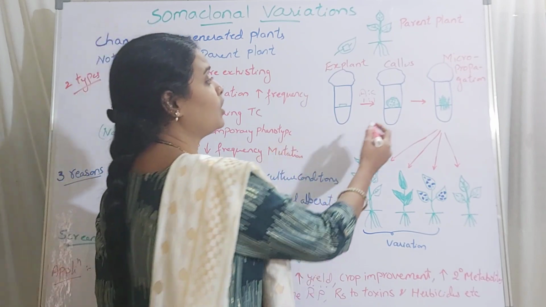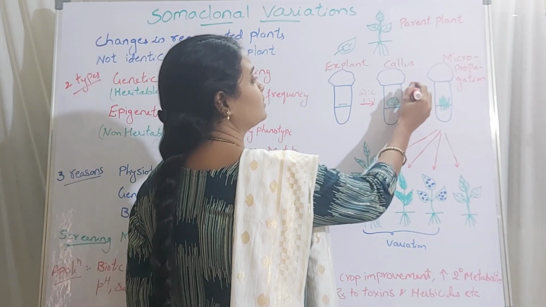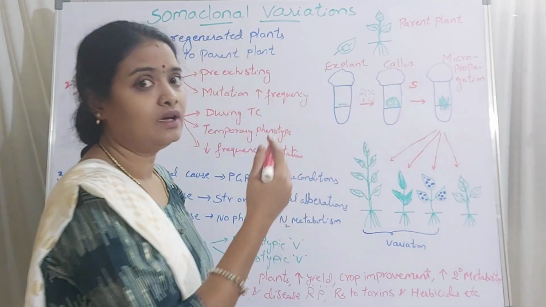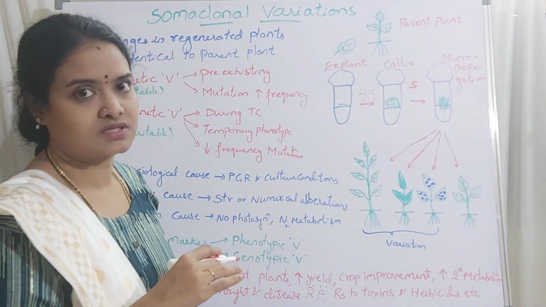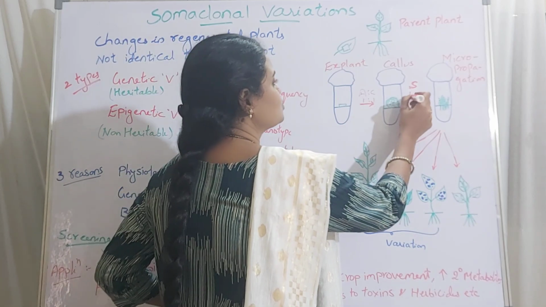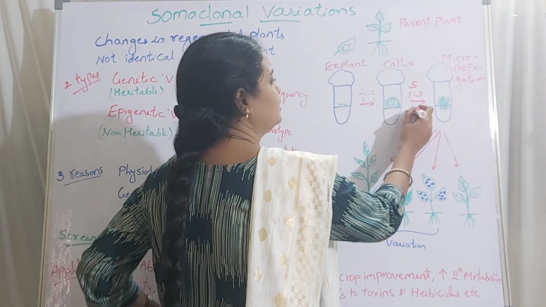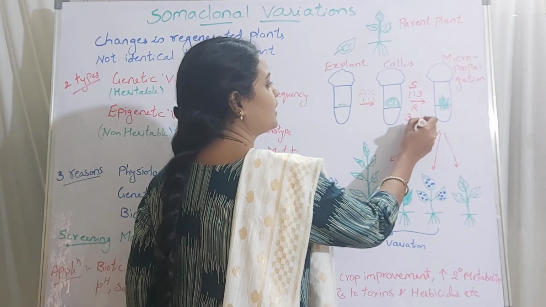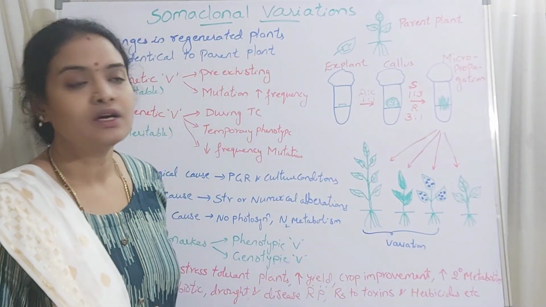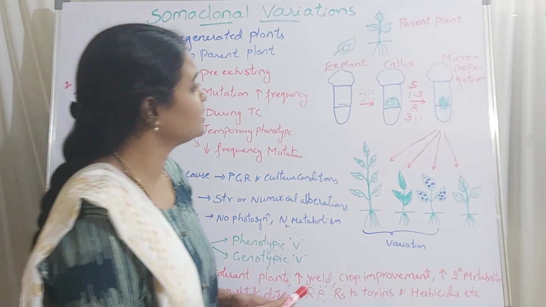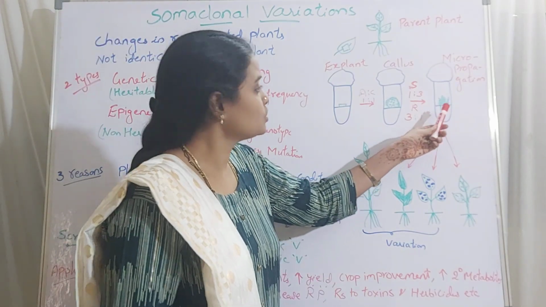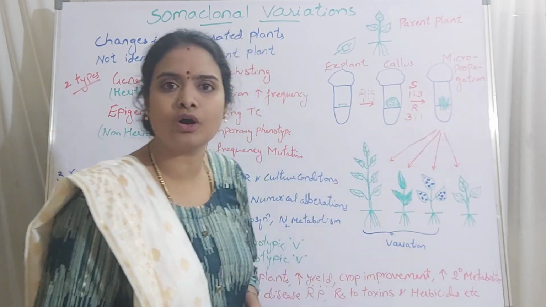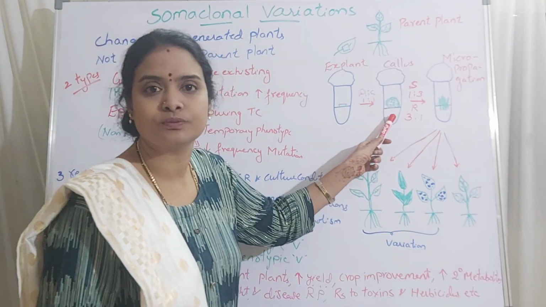So if I want the shoot system, what will I do? I will increase the cytokinin and decrease the auxin. I can take 1:3 for shoot formation, and again if I want the root, I can increase the auxin and decrease the cytokinin. As a result, I can get the plantlets. So this is called propagation, or clone of plantlets are formed from a mass of tissue called